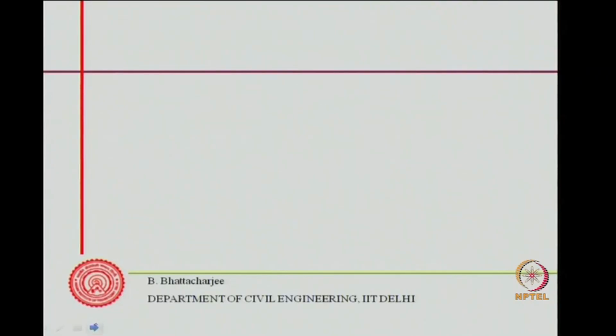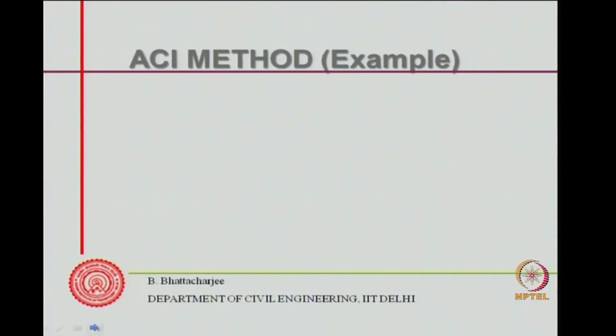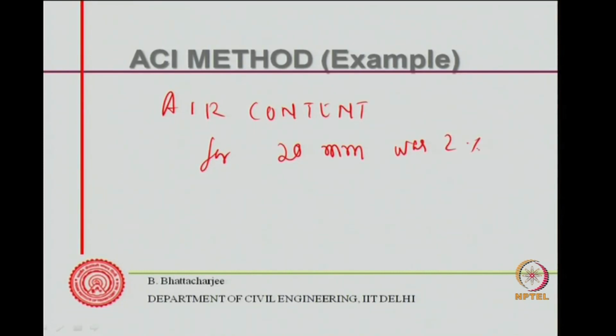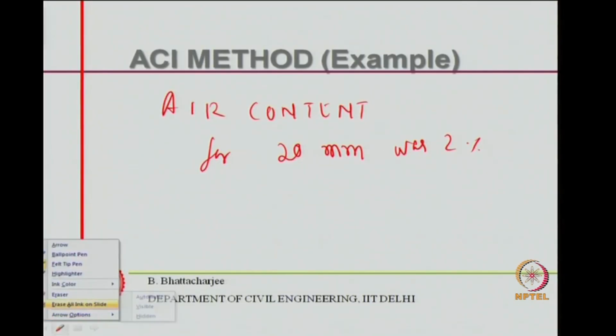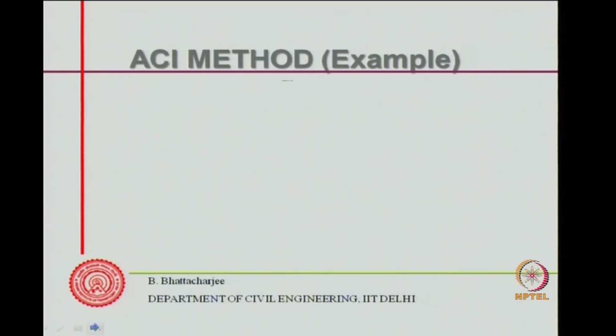Corresponding air content, of course, we know for 20 mm MSA. Let us see for 25 before that. Air content for 20 mm MSA, if you recollect, was 2%, 1% for 40 mm aggregate and 2% for this. So, this is the other information that we have obtained, and then the next step is